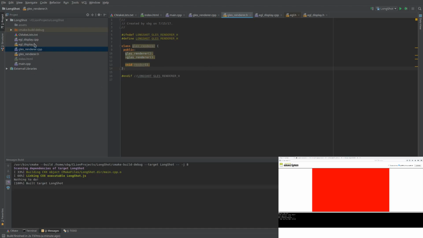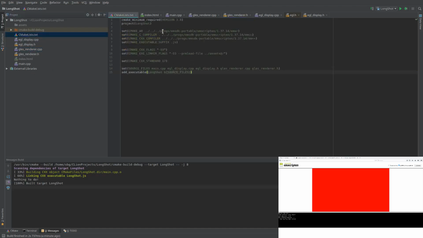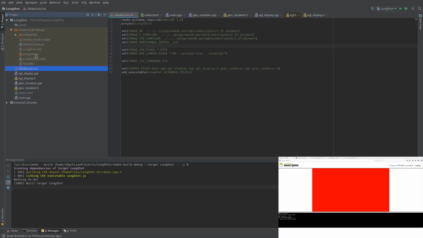So I've got it declared here that I'm using the Emscripten archiver, C and C++ compiler, and for that reason my executables have a .js file extension because they end up being JavaScript. It generates really, really horrible looking JavaScript,